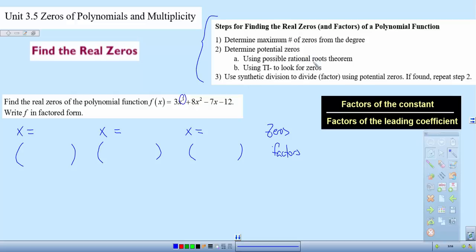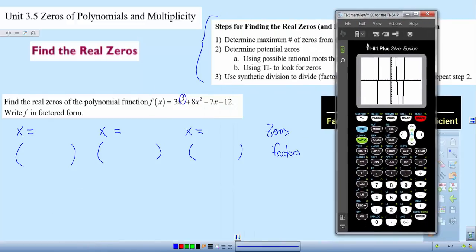To do that, we can list our potential rational zeros. We can do the P over Q thing like we did in the previous video, or we can just go right to our graphing technology. So we come to our calculator and go to y equals. We type it in: 3x, where x is located up here next to the alpha key, and caret gives us an exponent, so caret third power,